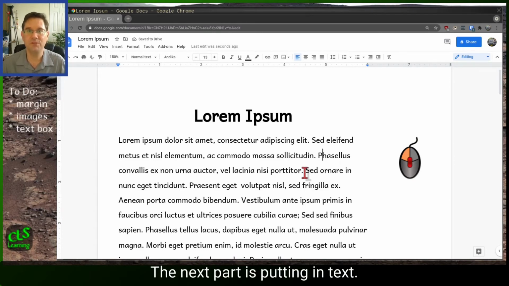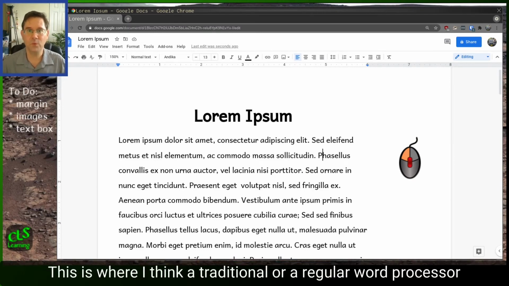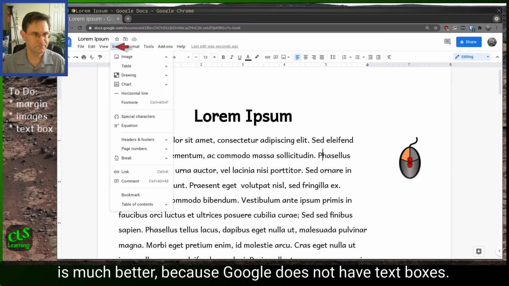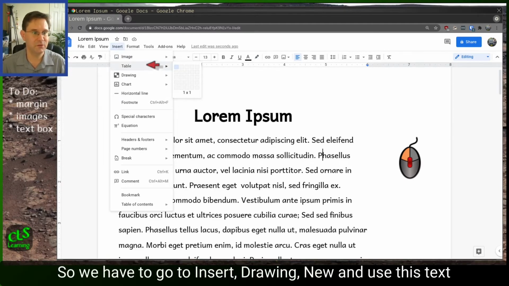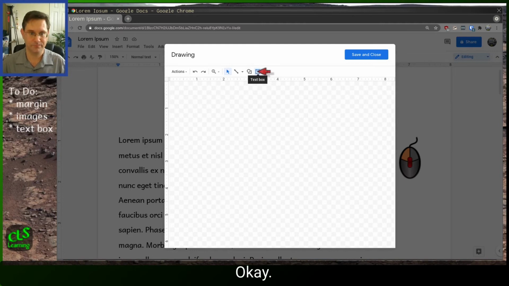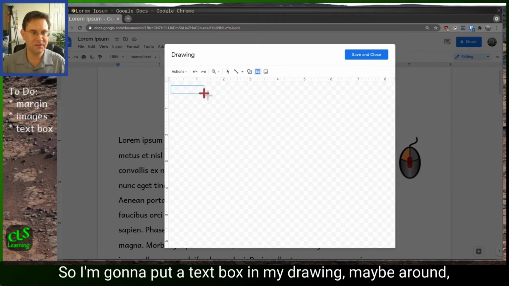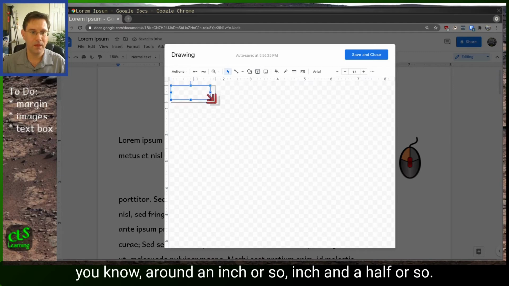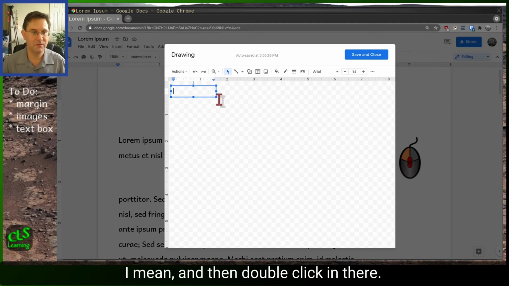The next part is putting in text. This is where I think a traditional or a regular word processor is much better, because Google does not have text boxes, right? So we have to go to Insert, Drawing, New, and use this text box here. Okay? So I'm going to put a text box in my drawing. Maybe around an inch or so, inch and a half or so, and then double click in there,